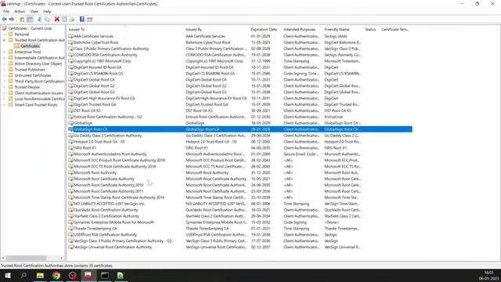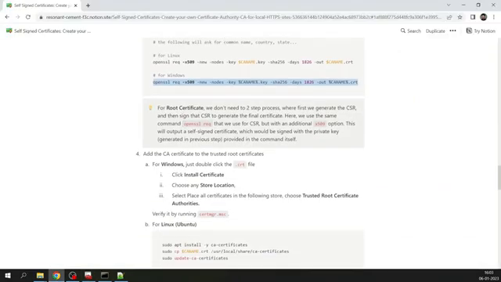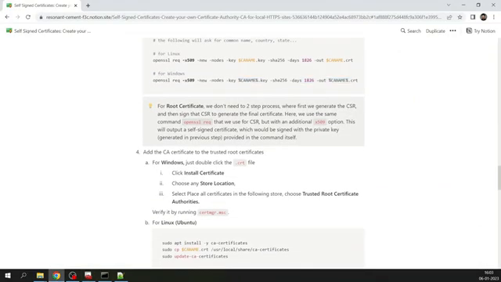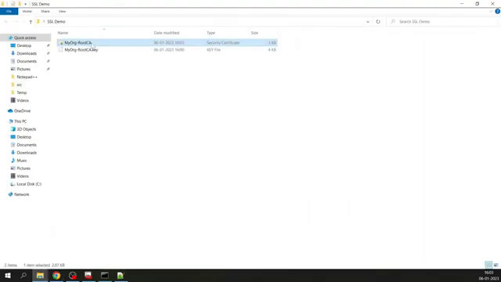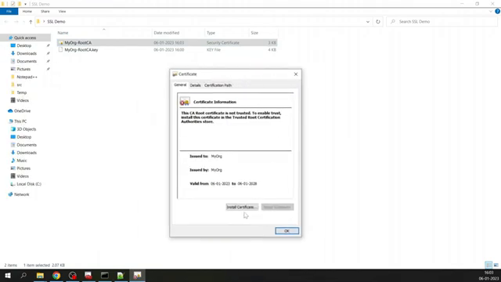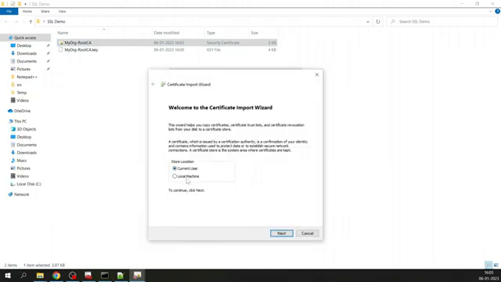Now we need to install this root certificate here. In the fourth step, I have written add certificate authority to trusted root certificate. For Windows, just double click on this file. All you need to do is just double click here. It will open this window. Click on install certificate, select local machine or current user, whatever you need. Then next, it will ask